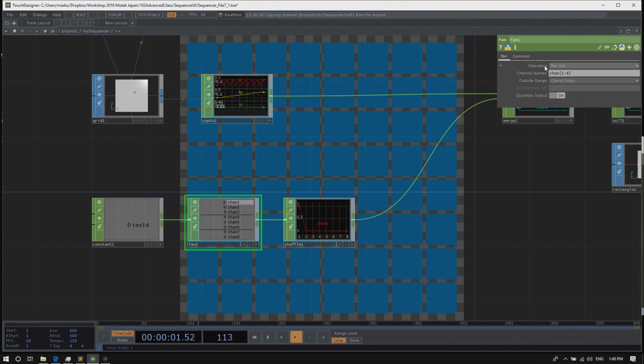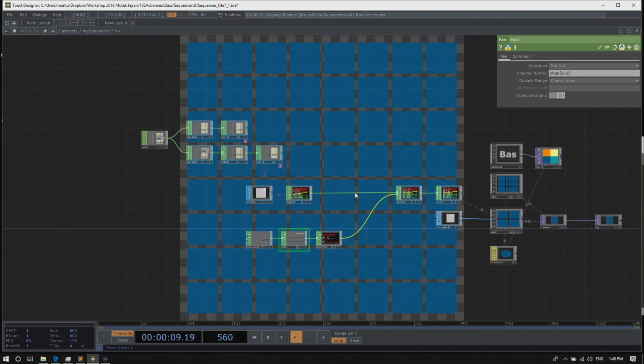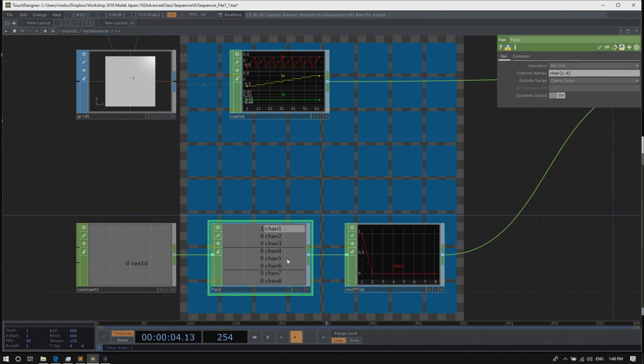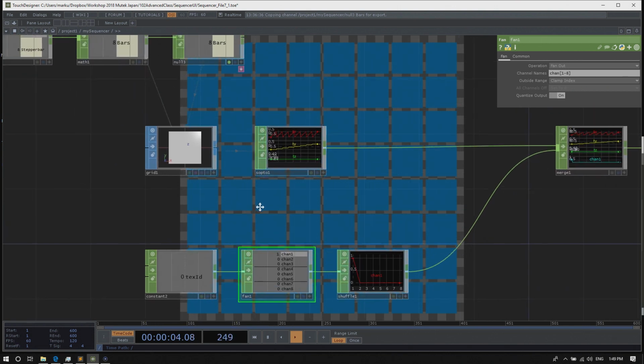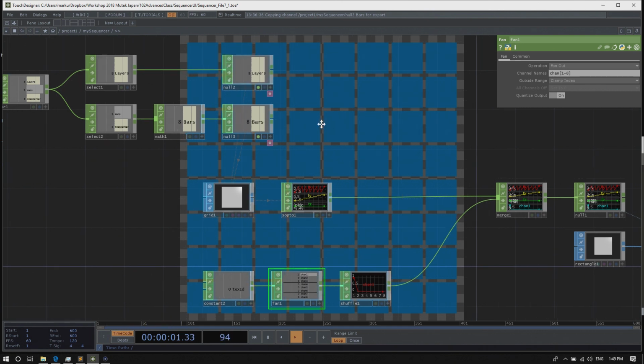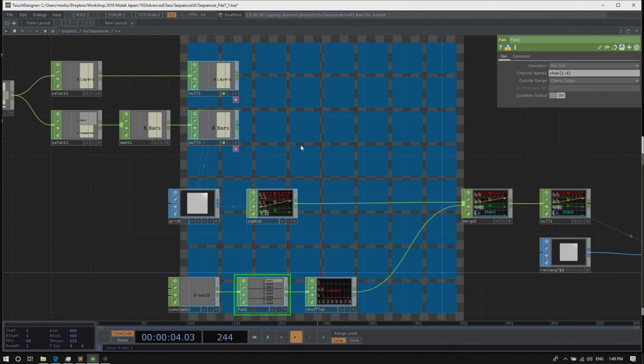So in the channel names, we'll add an expression so that it always creates as many channels as we have rectangles. The fan currently branches into 8 channels, but as the number of rectangles or buttons increases or decreases, the channels must follow.